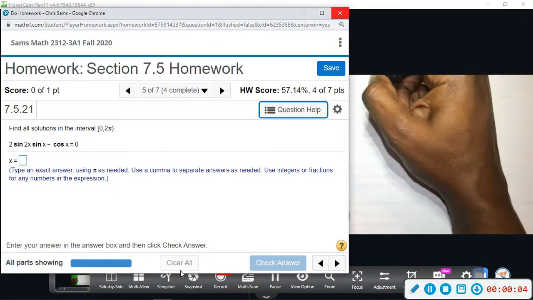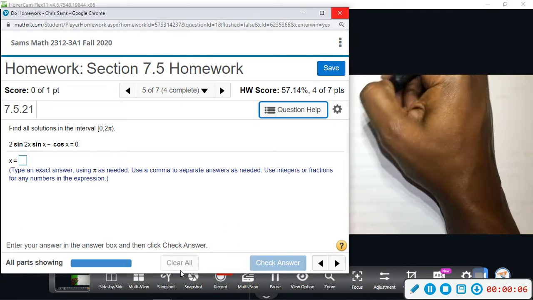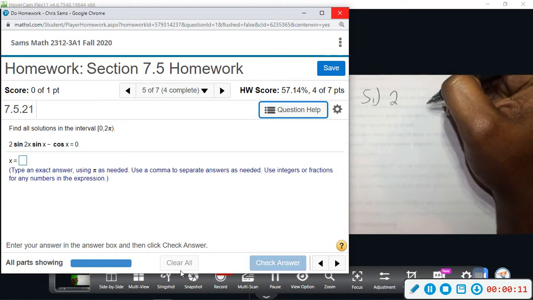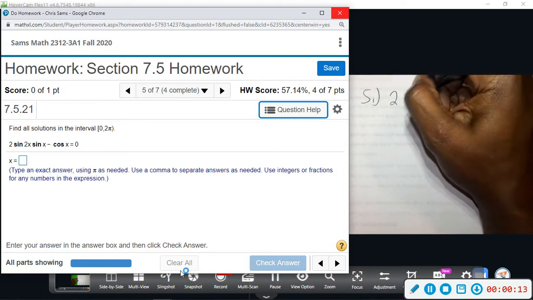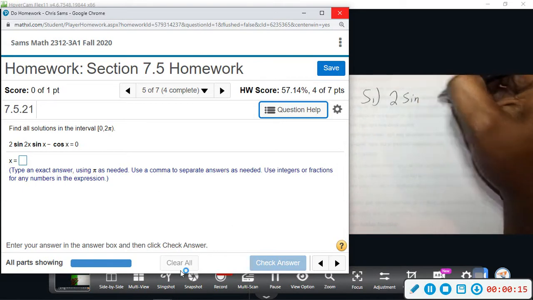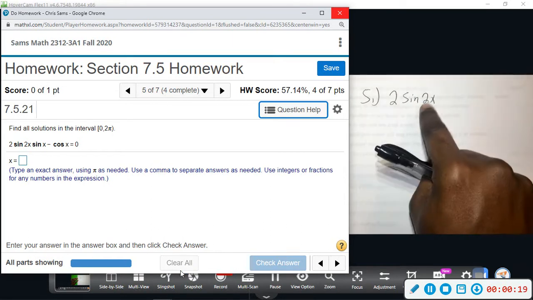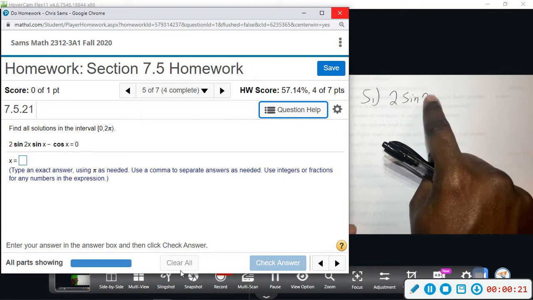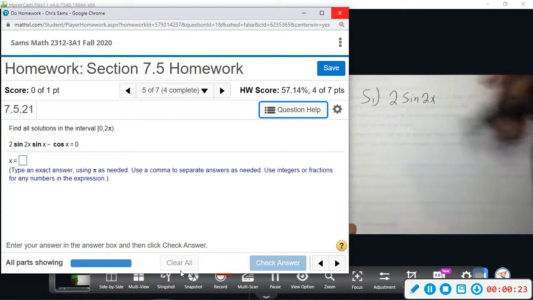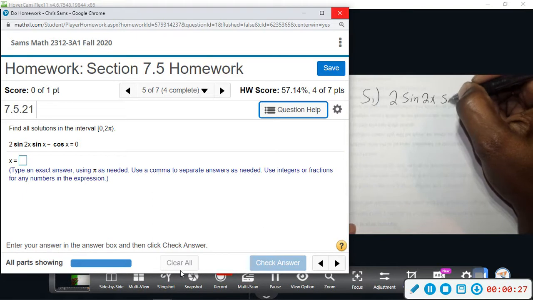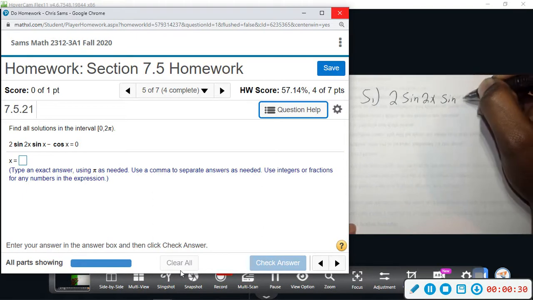Alright, number 5. We're going to have to use some of those other trig identities to solve this one. We have 2 sine of 2x. So the fact that you have a number multiplied times x says we're going to have to do something different here. So 2 sine 2x times sine of x